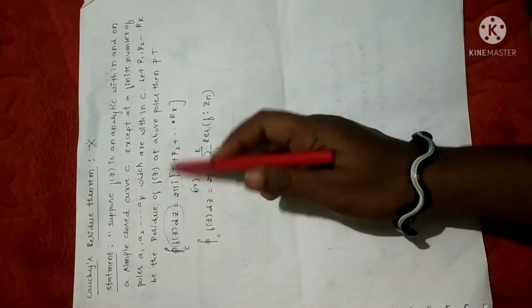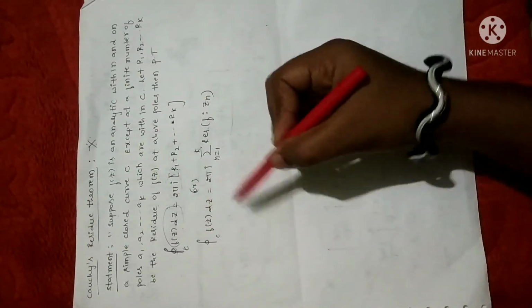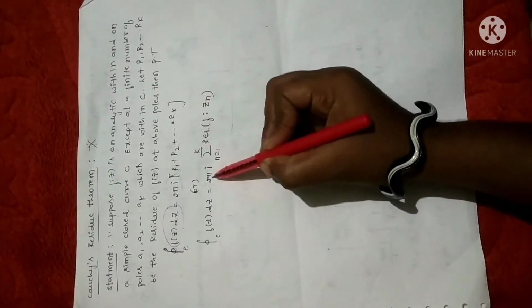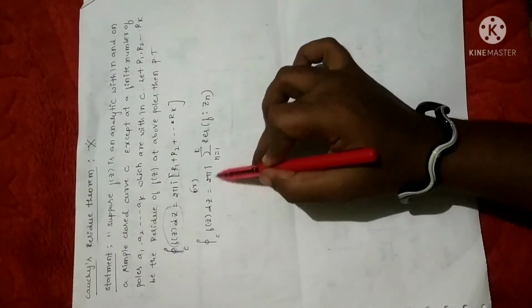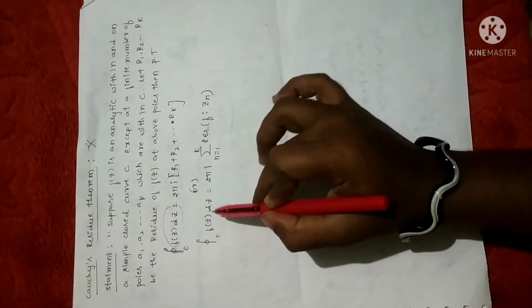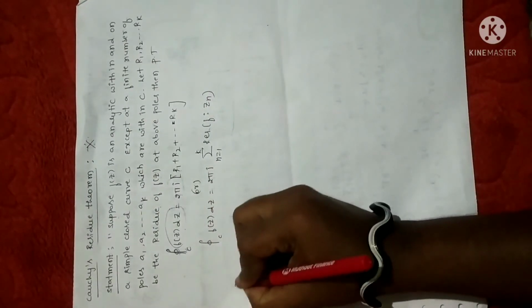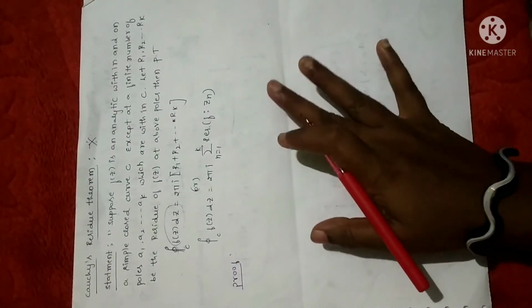Anyhow, while explaining the problem, I'll explain that, but you just memorize the statement that whenever you have the integral of a function, we can find the integration of the function by multiplying the residue with 2 pi i. In the sense, first you have to find the residue of a given function, then multiply it with 2 pi i in order to get the integration of that particular function. That is what Cauchy's residue theorem states. Clear? Now coming to the proof. Let me prove this statement. You just copy down those two problems. Anyhow, theory notes of this will be forwarded in the group.